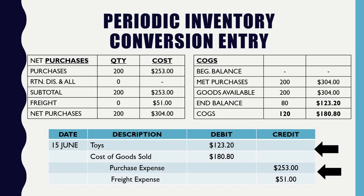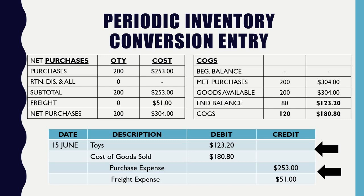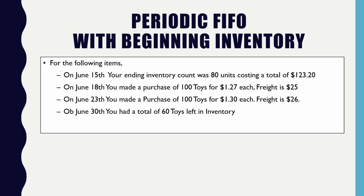Okay? Now that we're going to talk about the next section, which is beginning inventory, from our previous example, we know that our ending inventory was $123.20, and we had 80 toys available. So in this new scenario, as of June 15, you should have an ending inventory of 80 items that cost you a total of